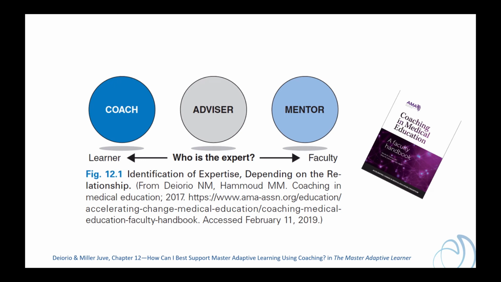So I'd like to talk a little bit more about the difference between being a coach, an advisor, and a mentor. And as you can see in the slide, one of the most important things is who's the expert in that conversation. When people come to us for mentoring, they view us as experts. We've walked the path that they want to walk or something similar, and so they're really looking for that guidance and experience that we've had that will inform where they go. An advisor has lots of information, and we may actually be an expert in some part of this, but the people that we're advising may have to apply it a little bit more, and they may end up in a different spot than we are.